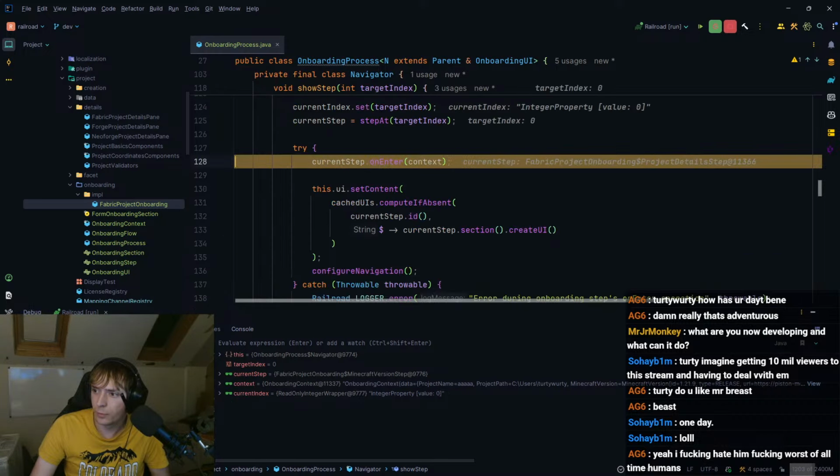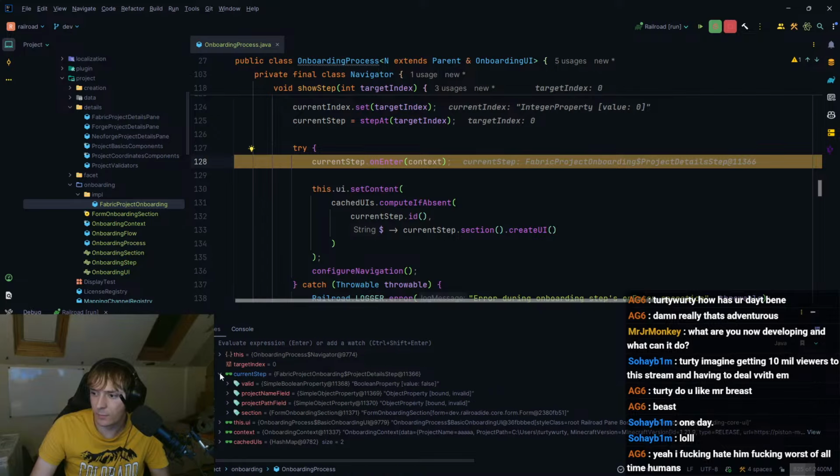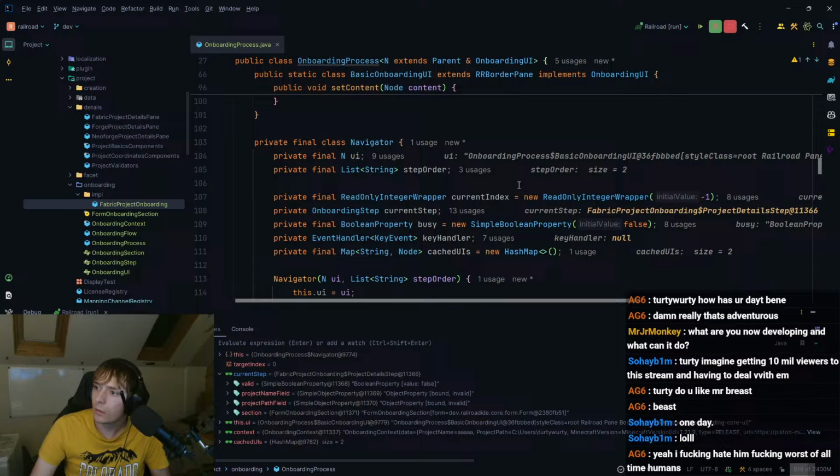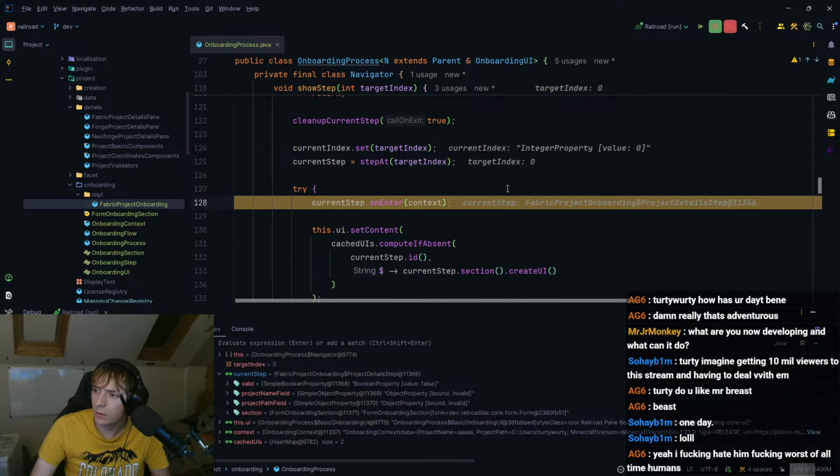Boom, boom. Now before on enter is called, let's have a look at current step. So valid is set to false. Project name build. Oh. I think the